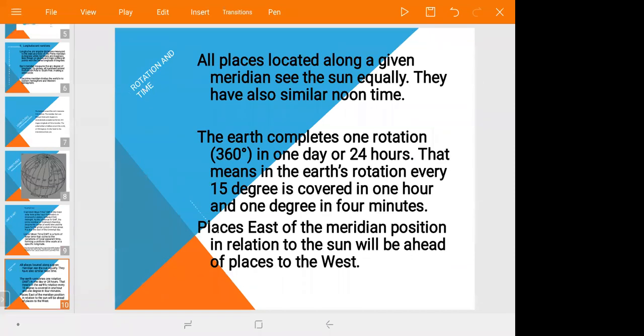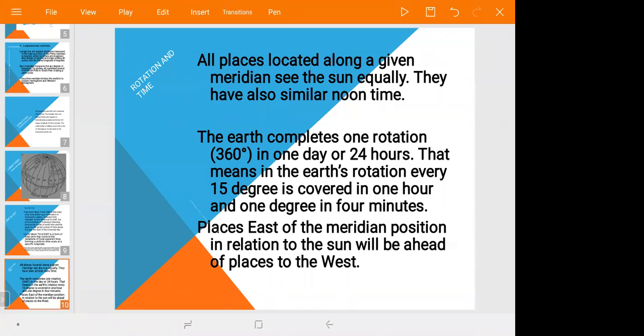Therefore, places which are located along a given meridian see the sunlight equally, whether they are living in the North Pole or South Pole. If they are on the same longitude, the time is the same. For example,